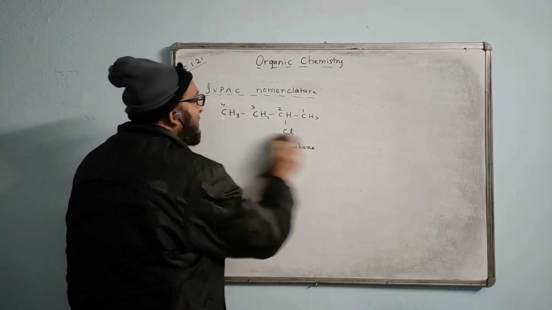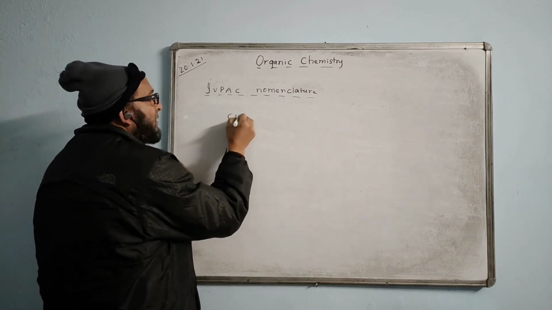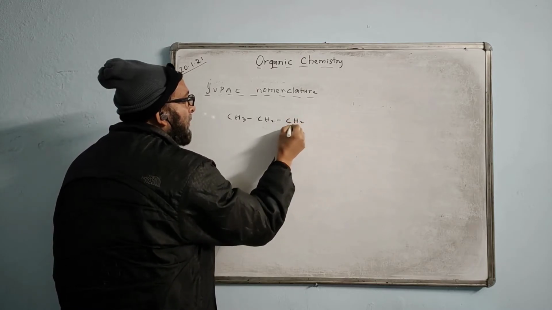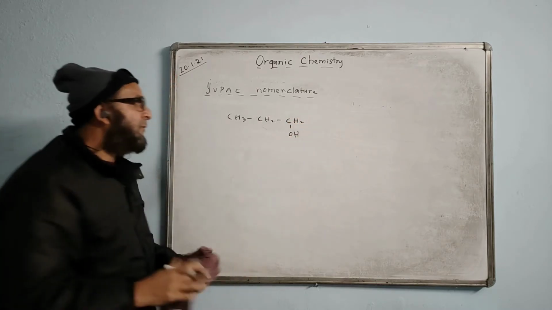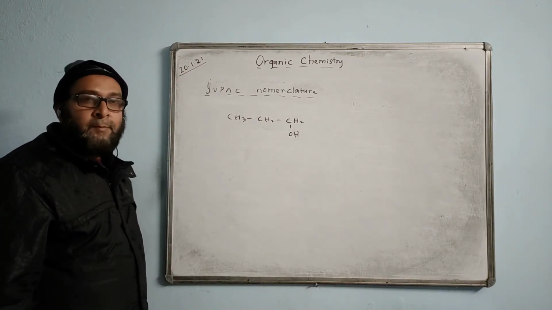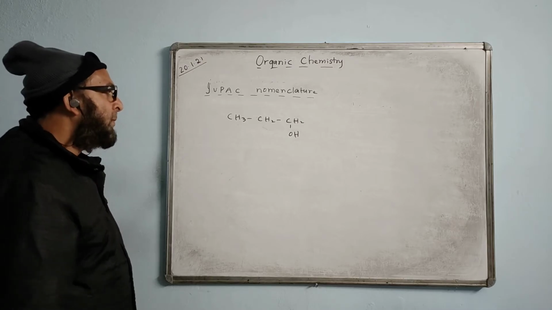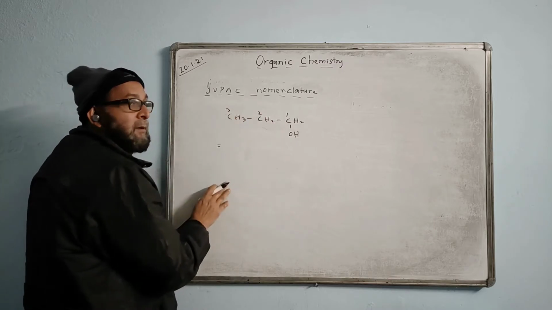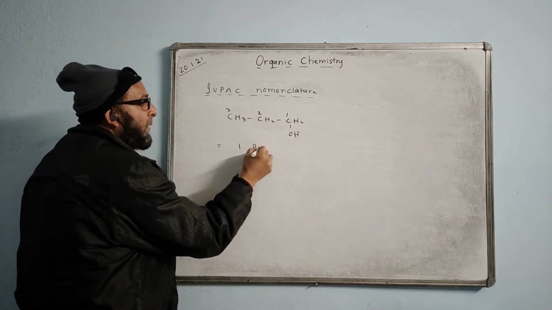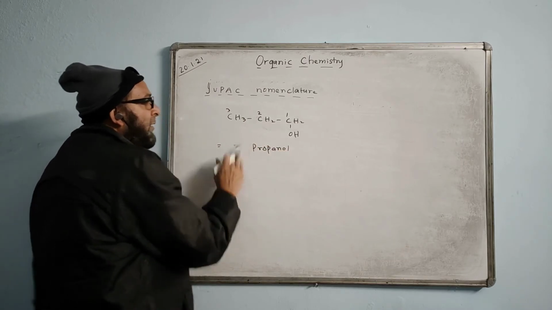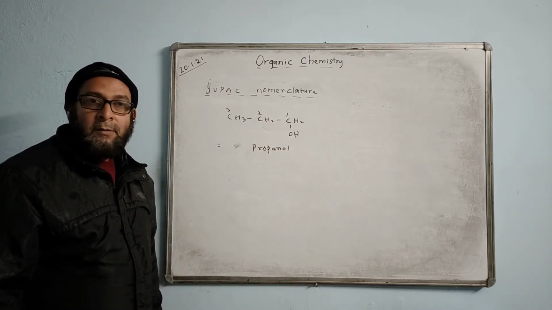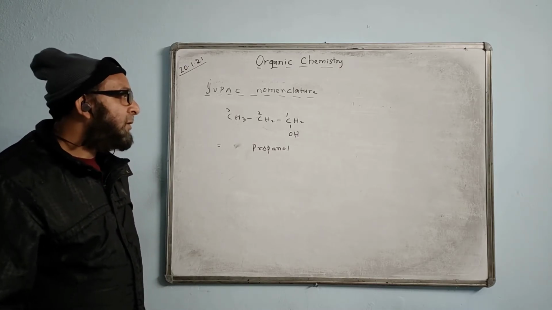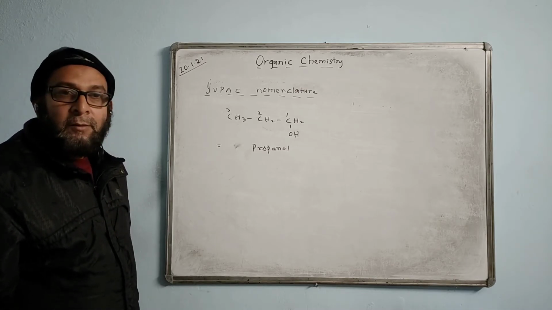Now, for a change, if I give like this CH3, like this, what name would you give? What is the name? Propanol, because you are giving the number from this side 1, 2, 3, isn't it? You can call it 1-propanol, 1 you can take it also. Simply what can we call it? Only propanol also we can call it.